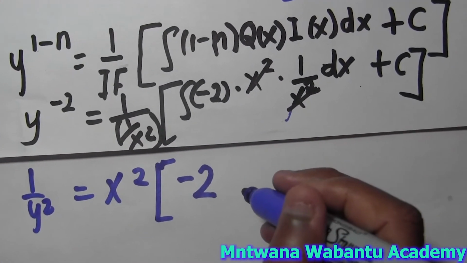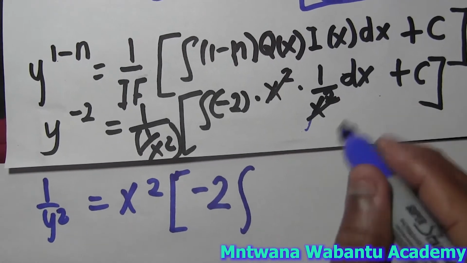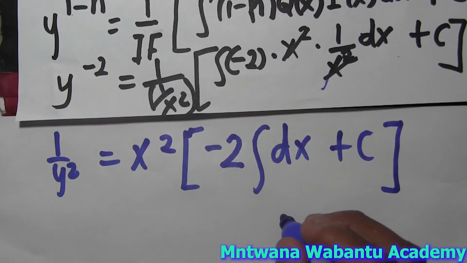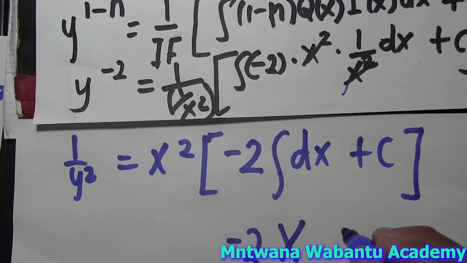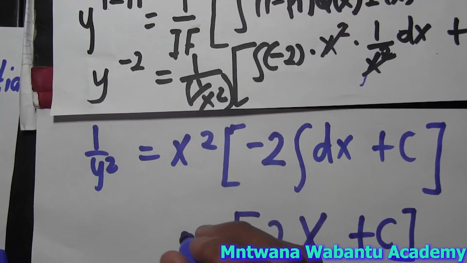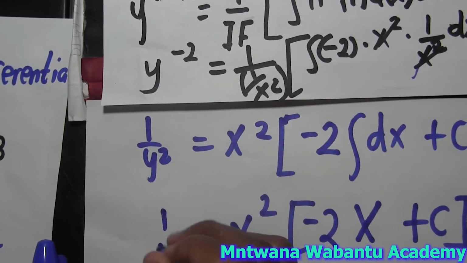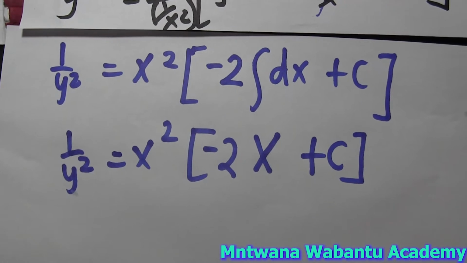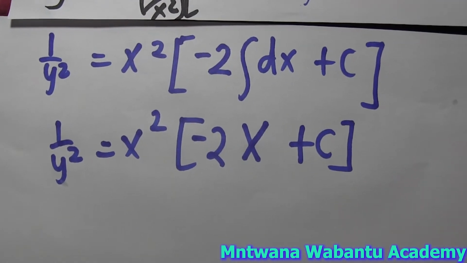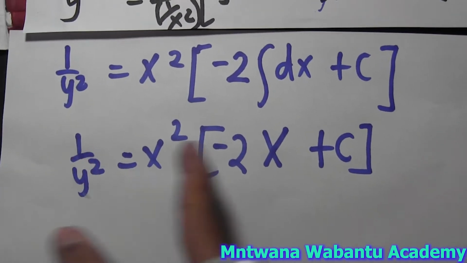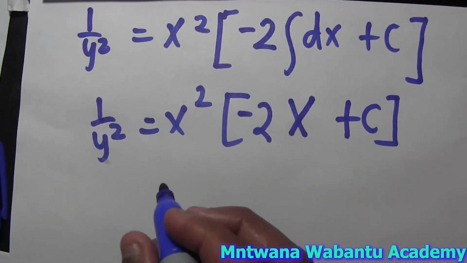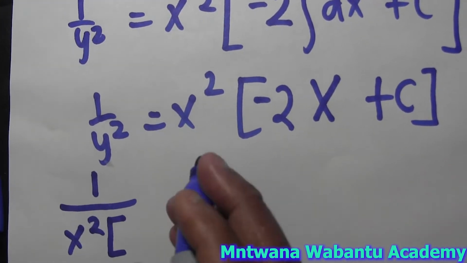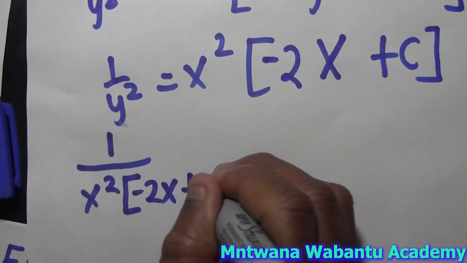So what we're going to have here, we're going to have negative 2 integral of dx. So when you integrate dx, you get x. Then we got negative 2, remember, plus our c. And here's x squared equal to 1 over y squared. So what we want now, we can isolate y, because at the end of the day, when you integrate, you want to write y separate. So I'm going to multiply this y here, and that will divide by all of this. So it's going to be 1 over x squared negative 2x plus c